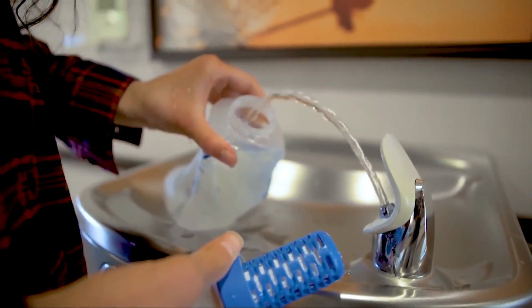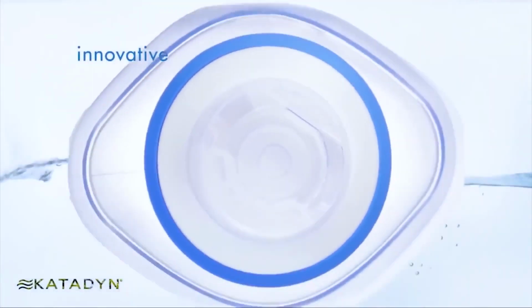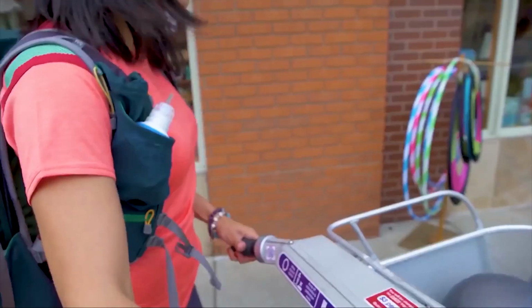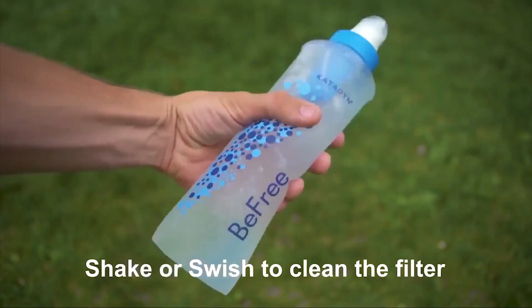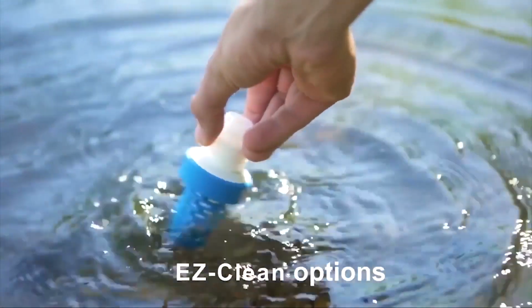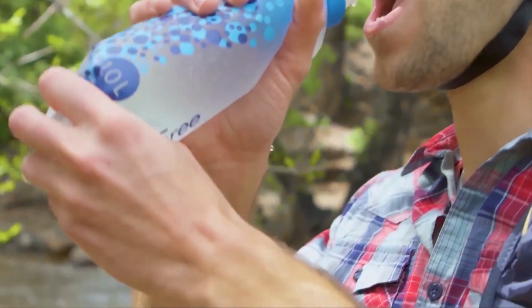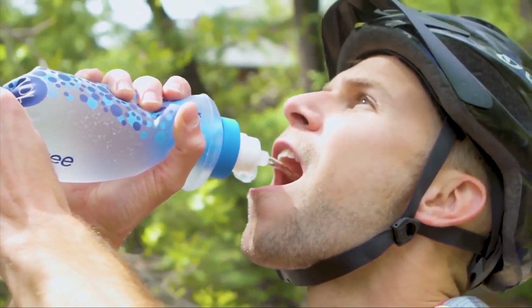The BeFree filter uses Katadyn EZ Clean filter technology to remove protozoa and bacteria, even in the most challenging water conditions. The BeFree filter is designed to last longer than other filters, without the hassle of backflushing or carrying clumsy tools. It is the only microfilter that cleans easily with a shake or a swish to remove dirt and debris. Free flow channels provide clean drinking water at a rate of 2 liters per minute